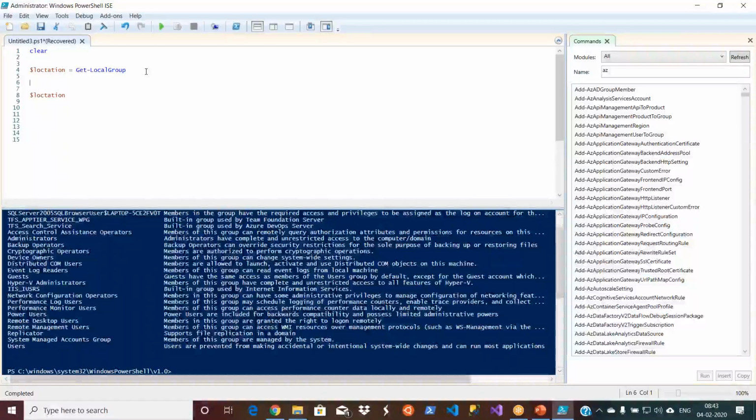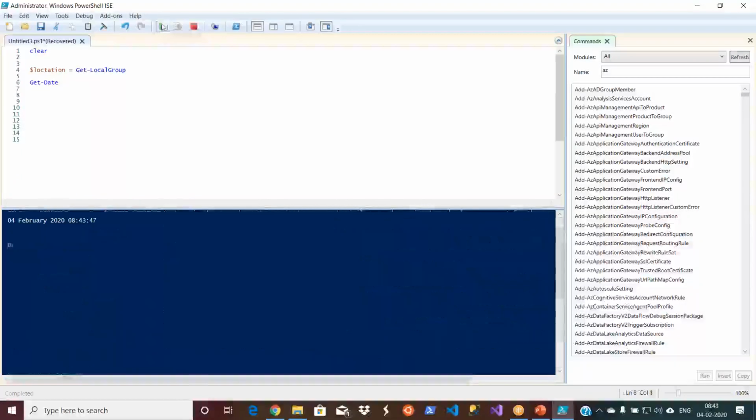So it will work like this. After $location, I have some other commands as well, let us say Get-Date, and let me remove this. The Get-Date is done. Now, if you don't have this variable declared, you cannot get the Get-LocalGroup output again. This is a command, you can use it anywhere, but if you are doing some computation, let us say the sum of two numbers, you won't get it again. It is dynamic.